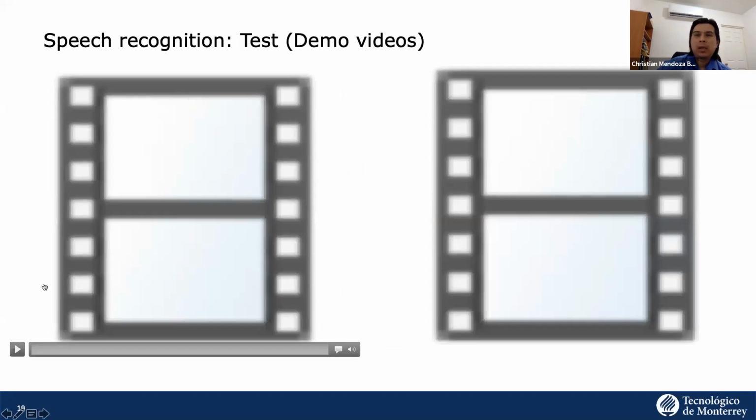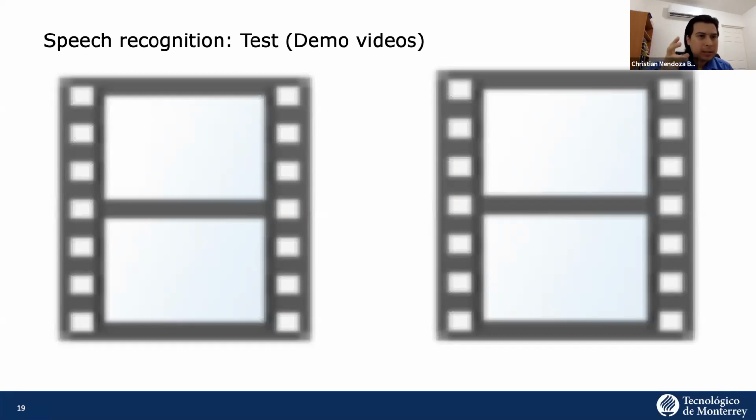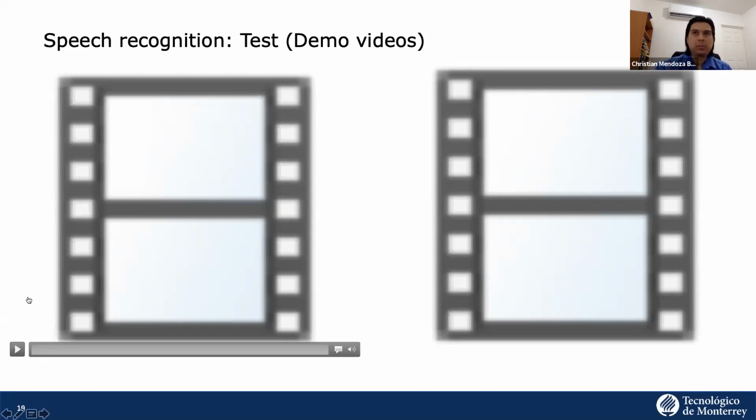I want to play 2 samples that I recorded, and one of them is actually my voice. Pay attention to the sound, and at the top you're going to see a label. That label tells you what the model is recognizing from the sound being spoken into the mic in this particular example. So let's hear it.